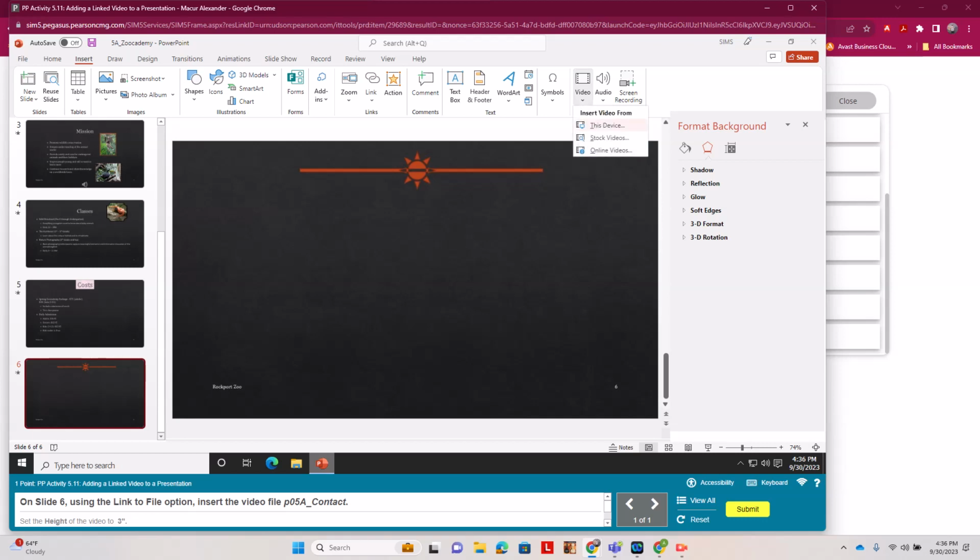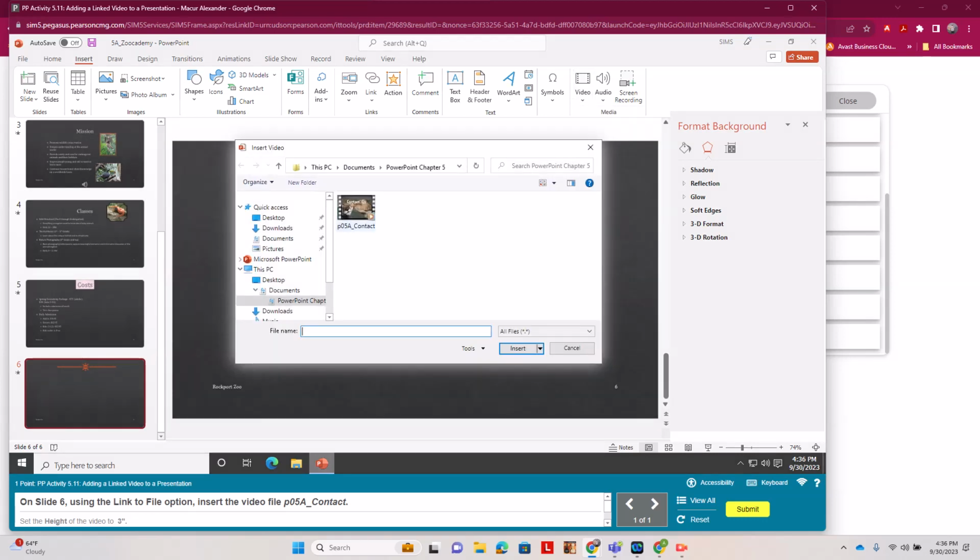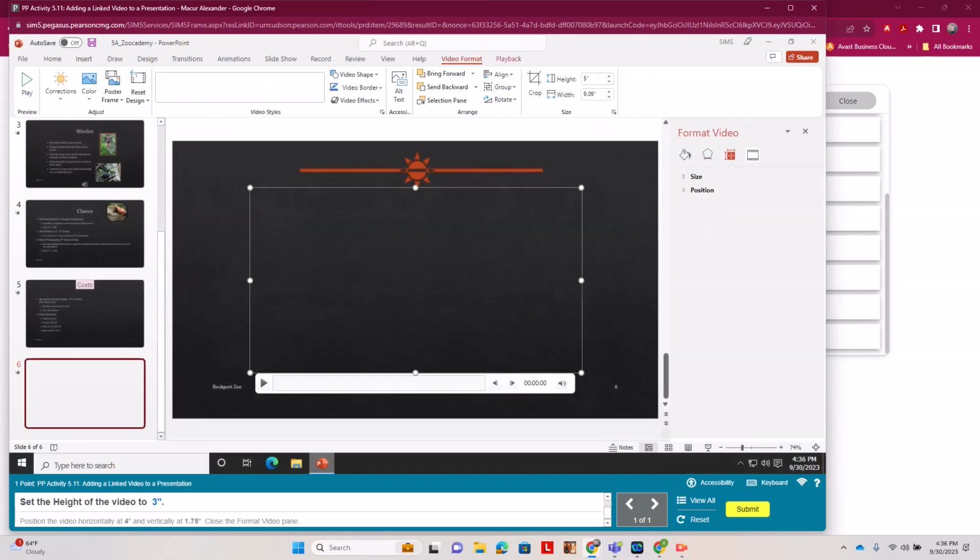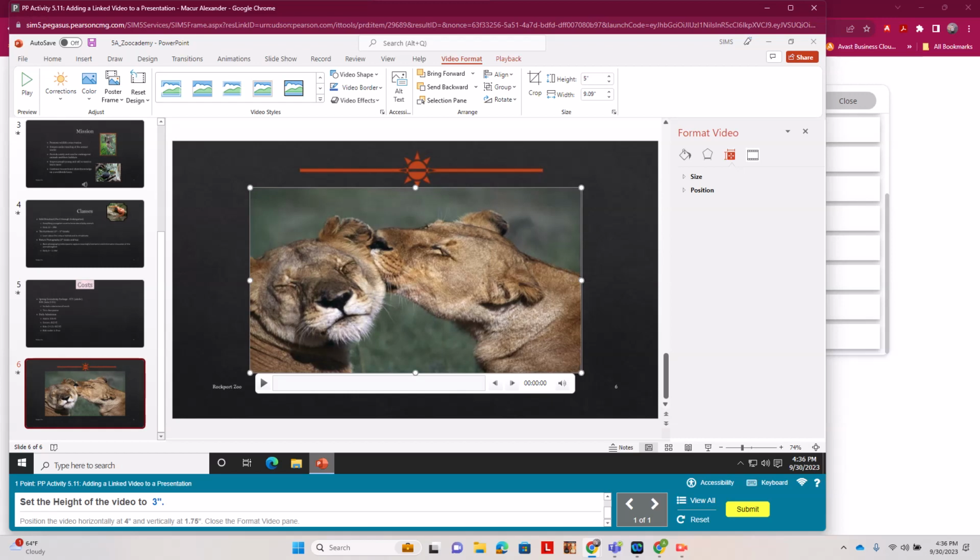So we're going to go to Insert, and next to Audio is Video. This Device, we're going to use this P05A contact, and don't just click Insert. We need the down arrow next to Insert. We choose Link to File,